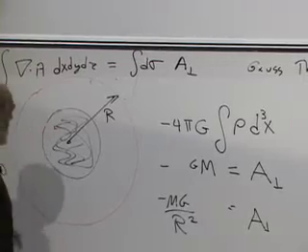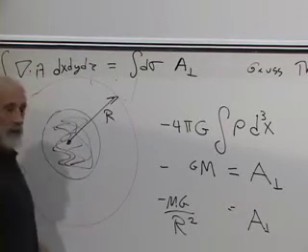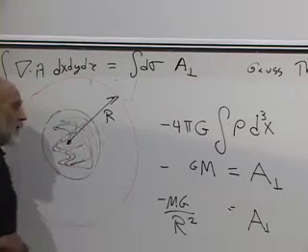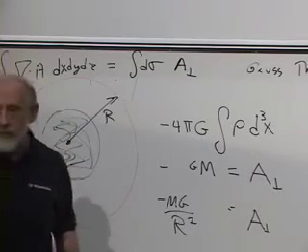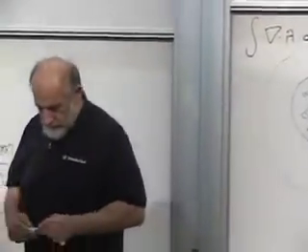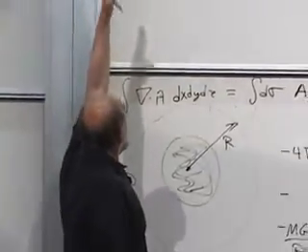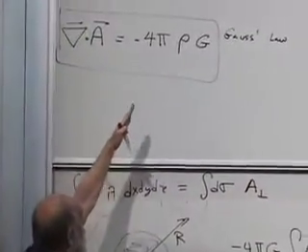It also tells us that it doesn't depend on the mass having all been concentrated at a point. All it depended on was that the mass was spherically symmetrically distributed. Okay, so I did this again to point out to you that del dot A equals minus 4 pi rho G